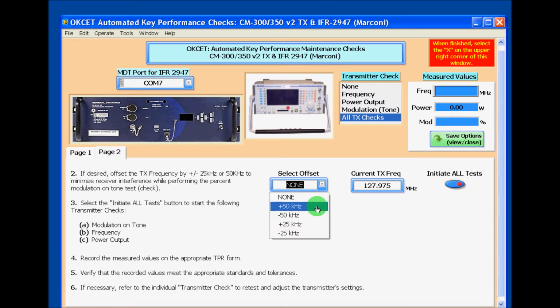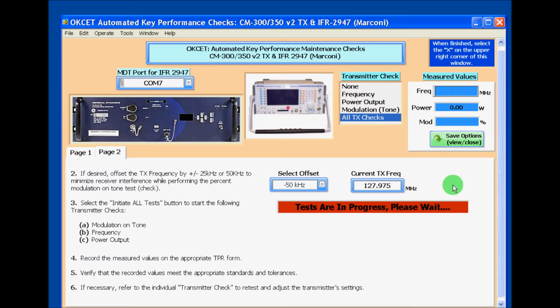Now you can offset plus or minus 50 or plus or minus 25. I'm going to offset 50 kilohertz here, and this is only going to offset for the modulation on tone. Everything else will be done on frequency. I'm going to initiate all the tests as shown here, and the software is automatically connecting to the test set,